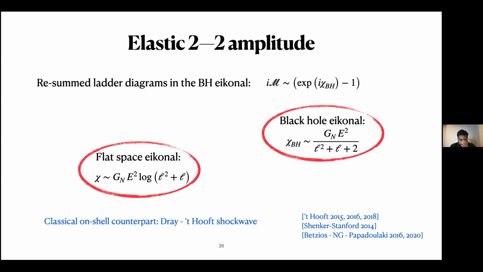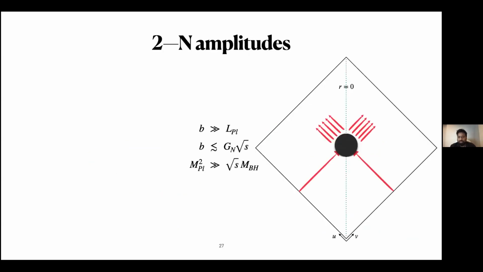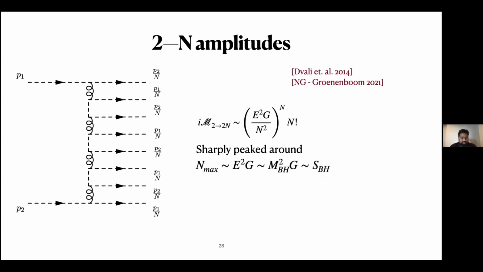Good. So now that we have this toolbox, you can ask more general questions. What happens to particle production, for instance? Can I compute 2 to n amplitudes? I'm still in the same regime of phase space, where we're now computing the amplitude of 2 particles falling into a black hole, and instead of 2 of them emerging, an arbitrary number of them emerging from the other side, some arbitrary n. At tree level, one finds that this amplitude is given by the expression that you see here,